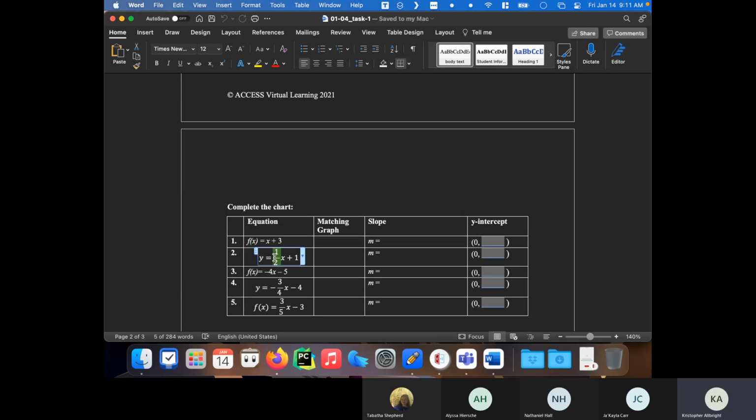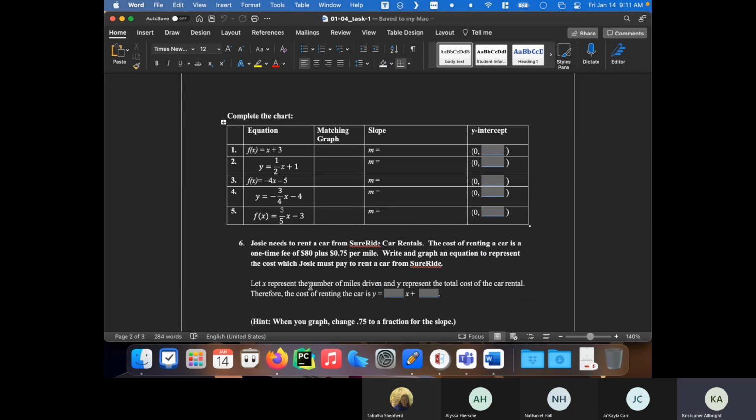On this one, it's going to be 1/2, -4, -3/4, so on and so forth. For our y-intercept over here, we find it's just going to be this number added to it. And if there isn't a number added to it, there isn't one like that right here. But if there isn't a number added to it, it's just 0. So it crosses at the origin,